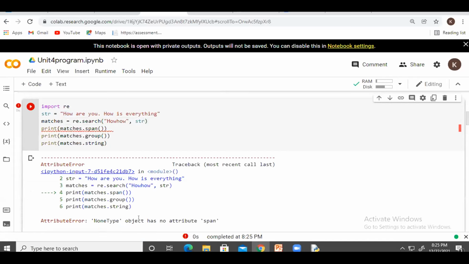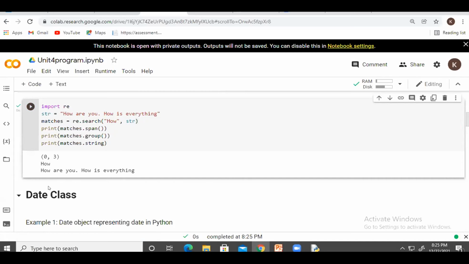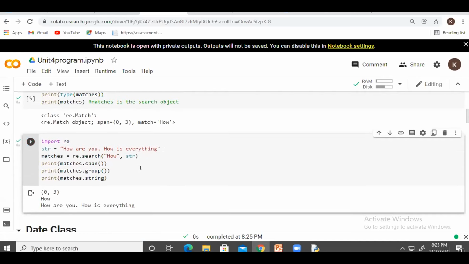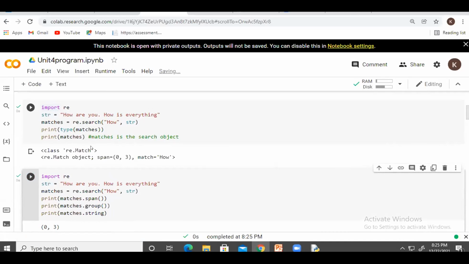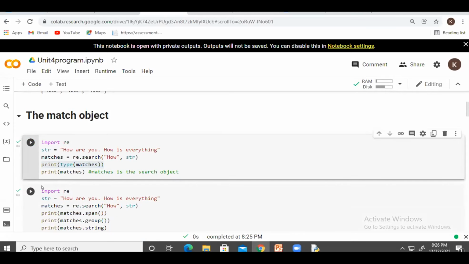Suppose here I write the span, the type attribute span. So it will be the other operation, that is a match operation. Before this example I am finding the type of that match. You have to see here re.match. Why? Because it is one of the types of regular expression. For regular expressions, we are using re. So all of you perform this operation, the match object operation.